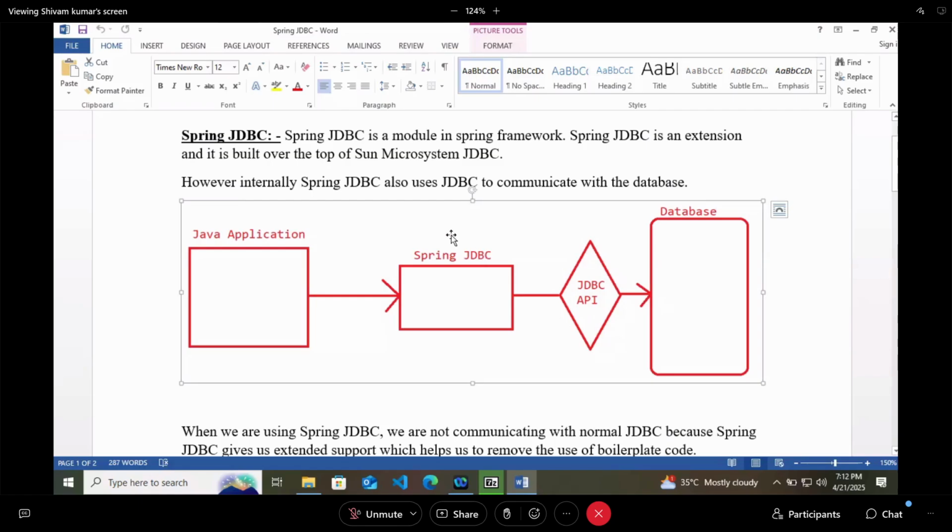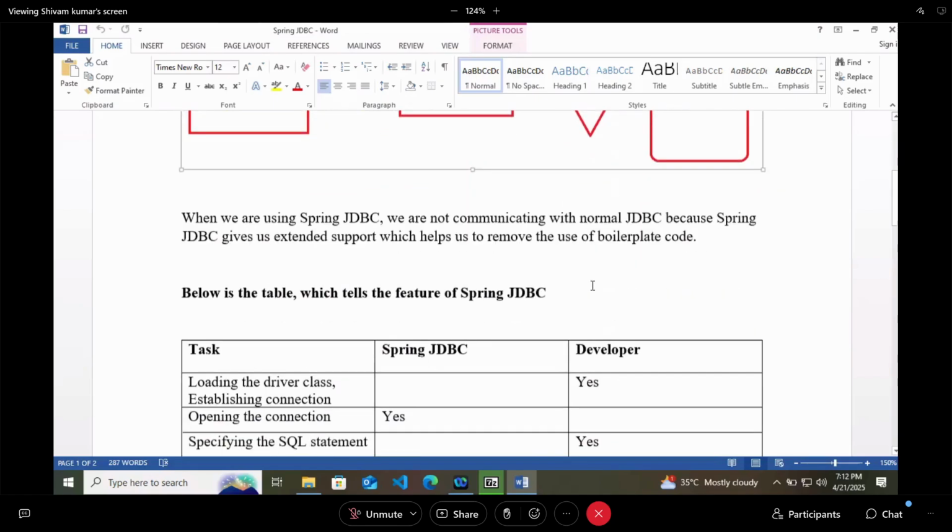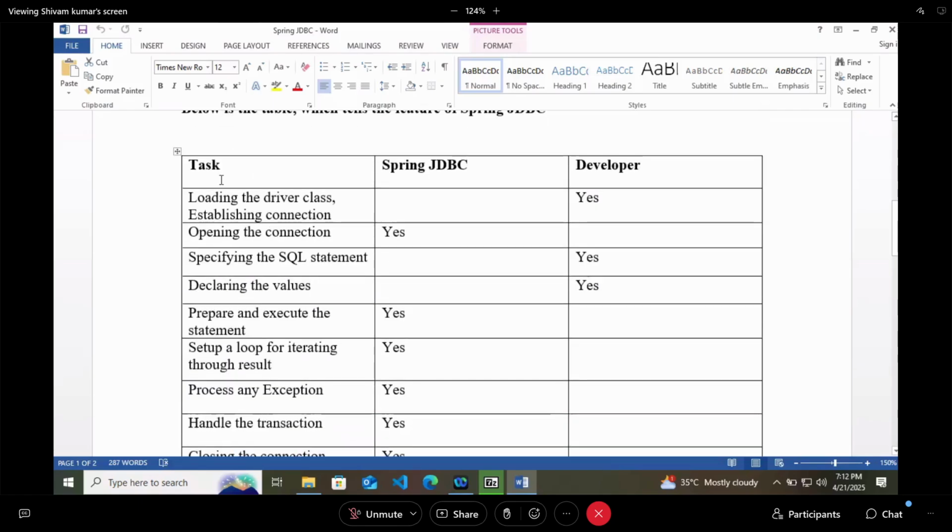And this Spring JDBC is using the normal JDBC API internally. And these were some of the tasks in which we have seen how many tasks can be managed by Spring JDBC and how many tasks are performed by the developer.